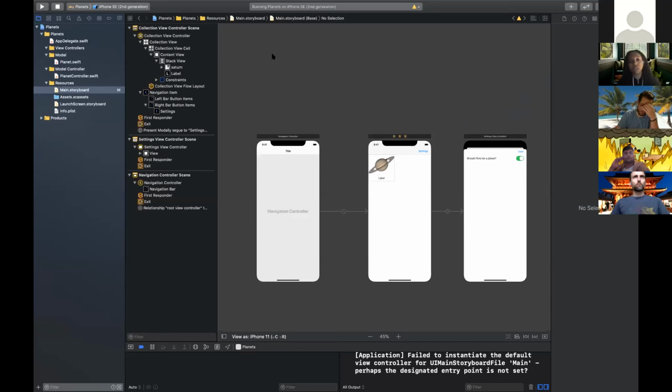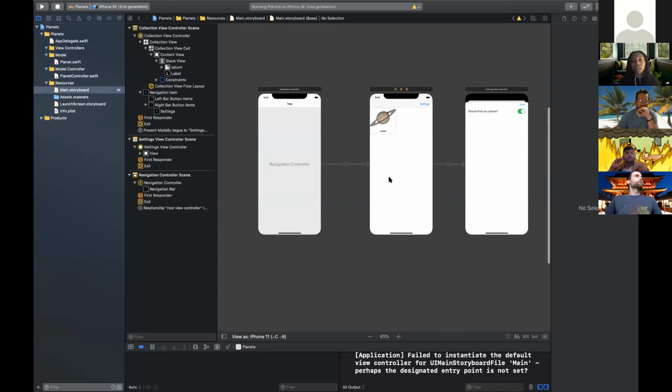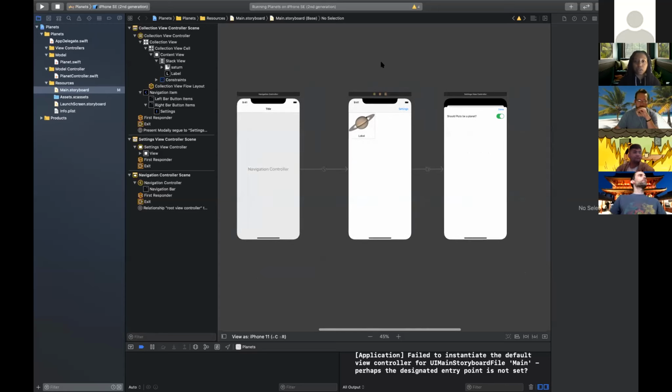So I'm going to introduce the associated view controller classes that I want for each of these view controllers, connect them, and then we'll go on our 5-minute break. So we want a view controller for our Planet collection view controller, and then we'll need a view controller for our settings, and then we'll also need a class for our custom cell. So I'm going to do Command N. Ooh, actually,